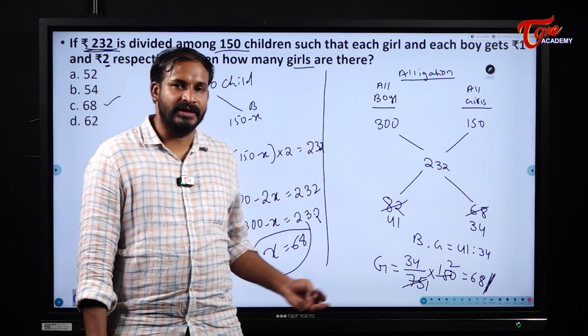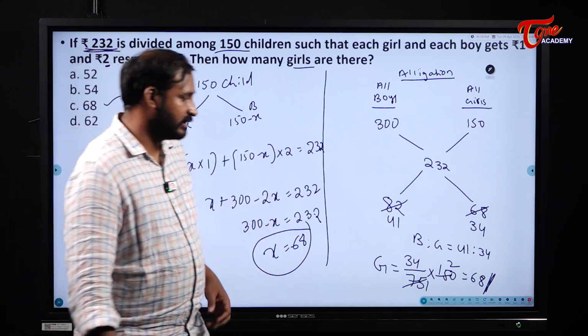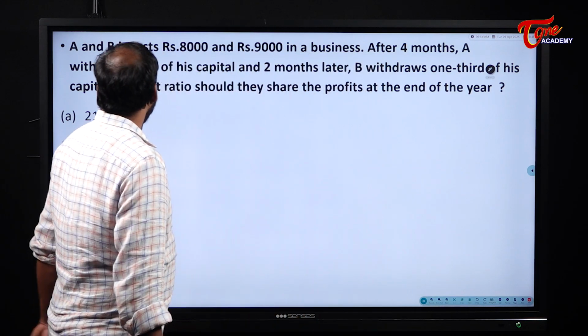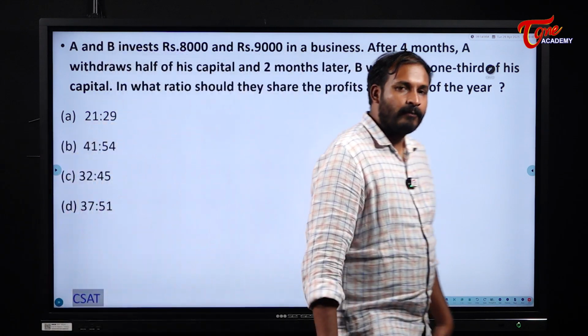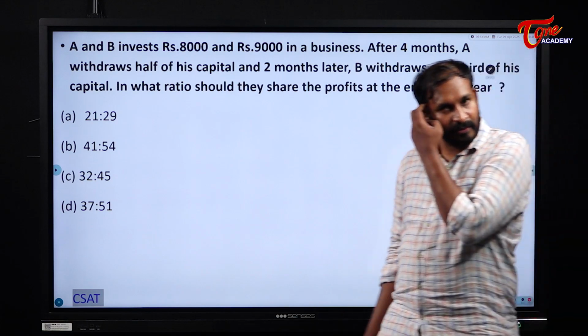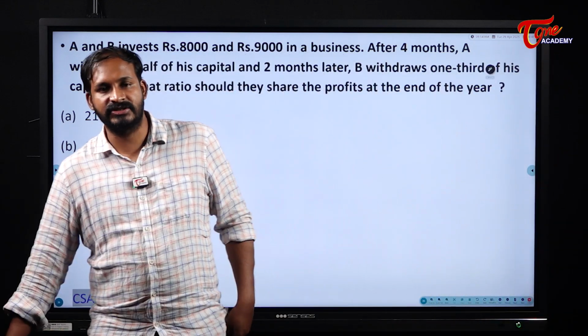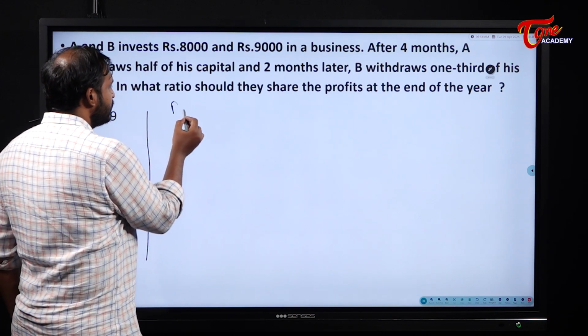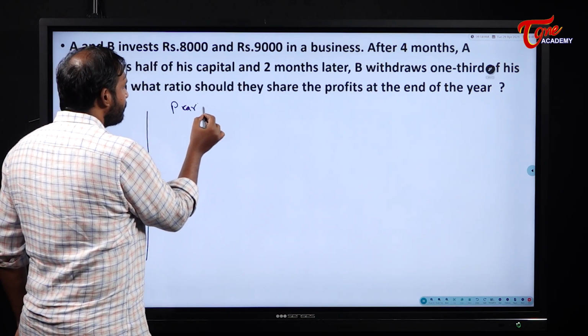We will use the same application in simple interest, compound interest and all other concepts also. Okay, right? Next one. A and B invest. Now please see here students, under this ratio and proportions only, we have one more concept that is called partnerships. First of all, we will have a brief discussion on this and then we will solve